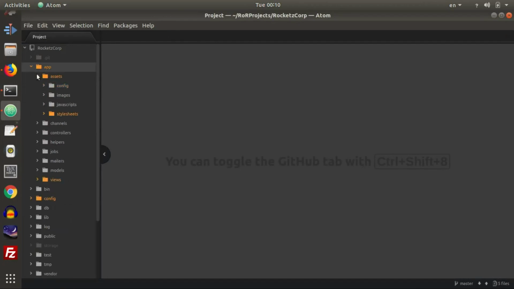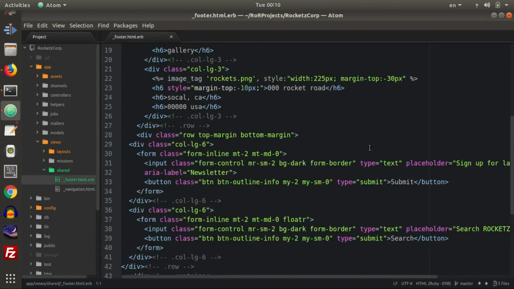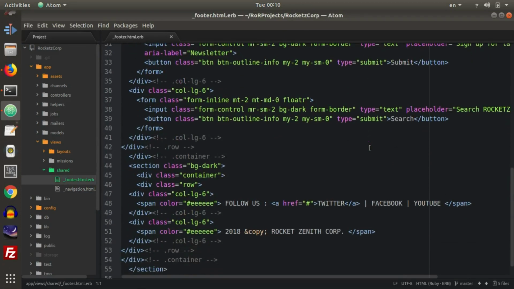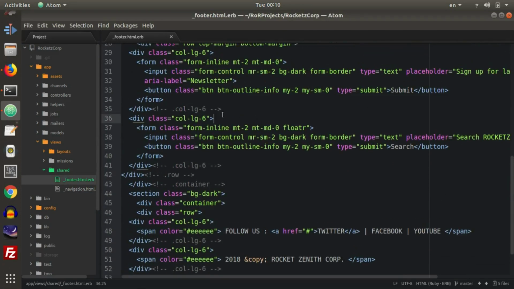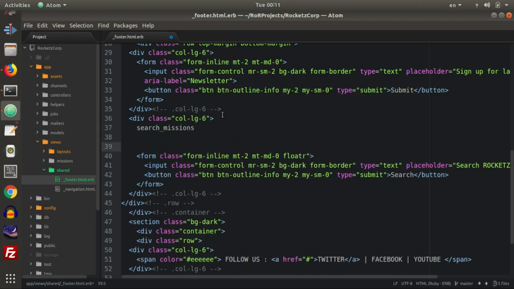Okay, and then go to the views folder and open up the shared folder, and we will first modify the HTML code we have for the search form to Ruby syntax. So here we have our search form we created last time. I had actually copied the search_missions from the terminal. Let's comment out this search form,